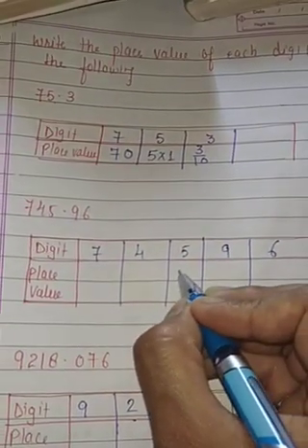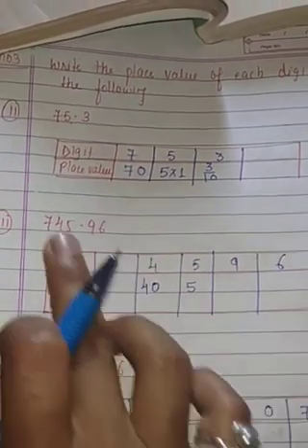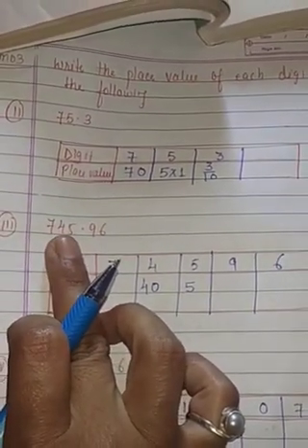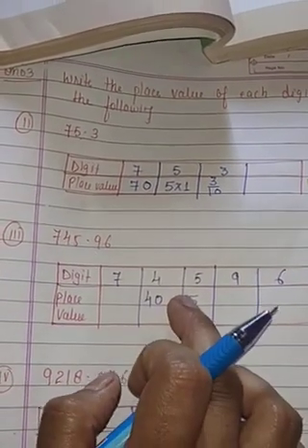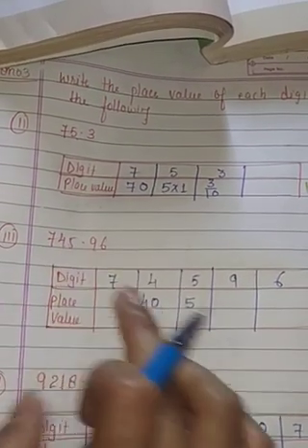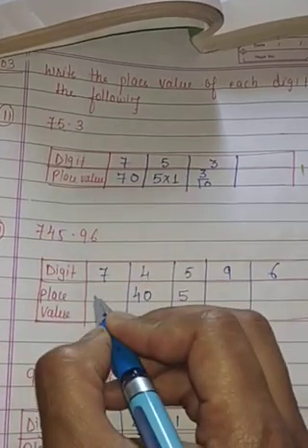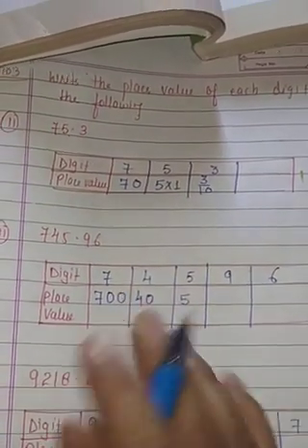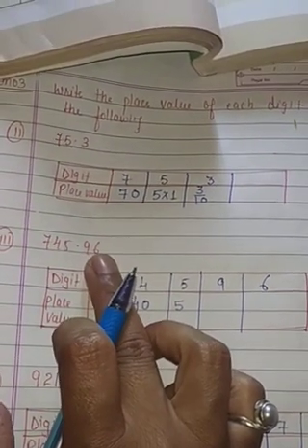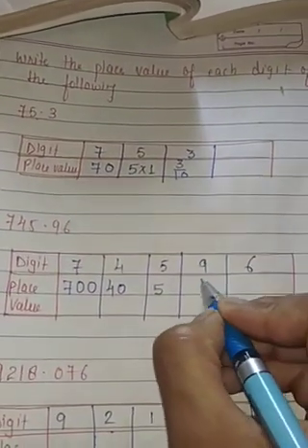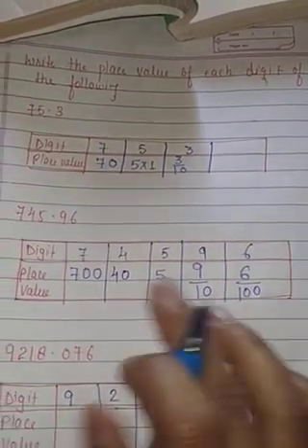This is ones. Okay, this is tens, 4 into tens means 40, and this is 100. After that, however many numbers are there, that many 0s we have to write. After 5 no number is there, so only 1 we have to write. After 4 one number is there, then 10 we are writing. After 7 there are 2 numbers, then 2 zeros we will write. 700. Okay, and after the point this is 9 by 10 and this is 6 by 100. Like this we have to write. So first number is 9 by 10 and second number is 6 by 100.